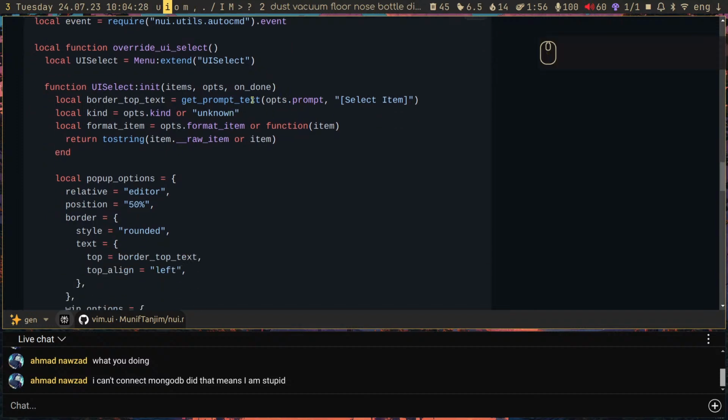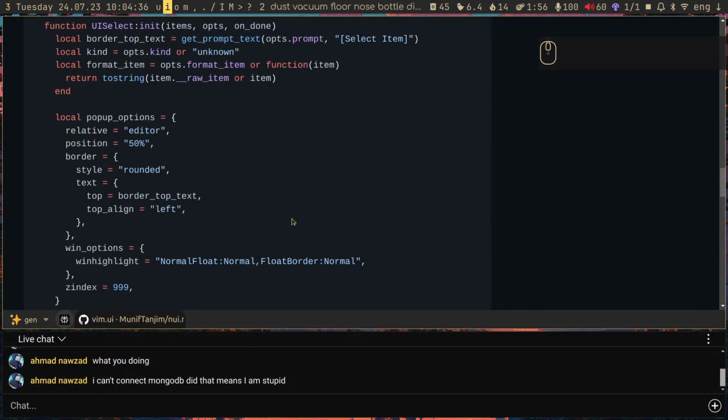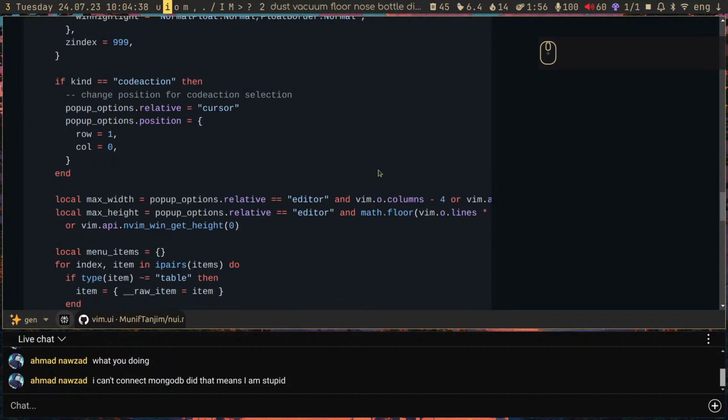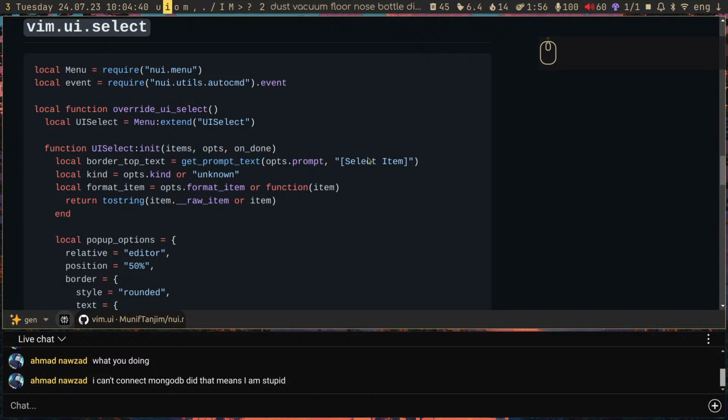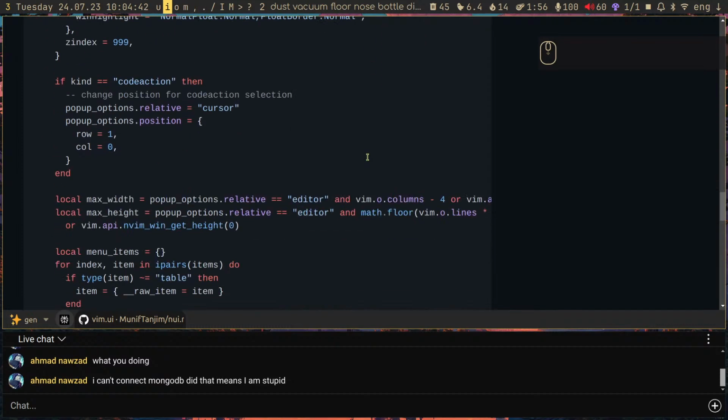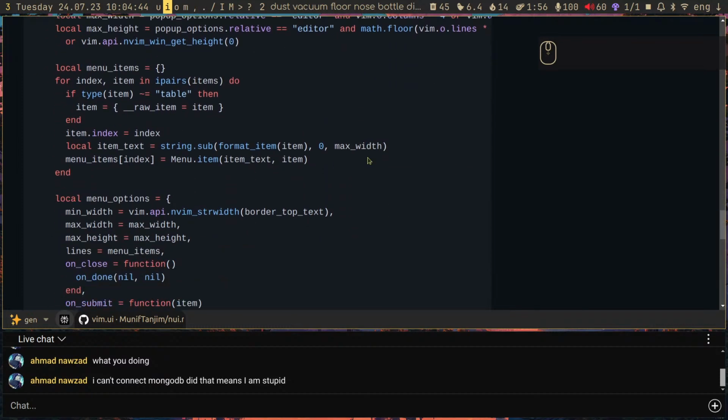Like here it has, like, what? A border top text. I don't want that. It'll also probably be a floating window. Yes, it is. I also don't want that. So a lot of kind of useless stuff. What I'm looking for really is